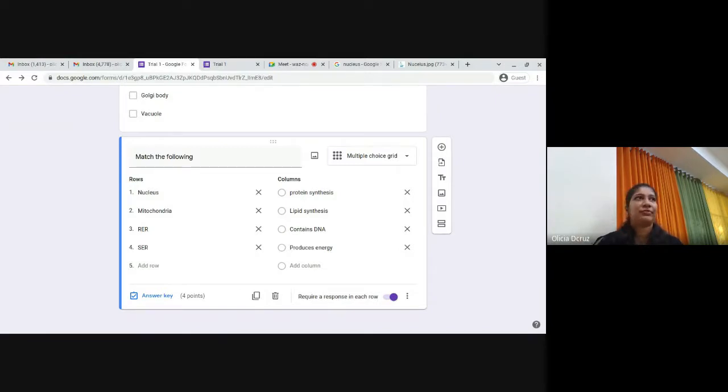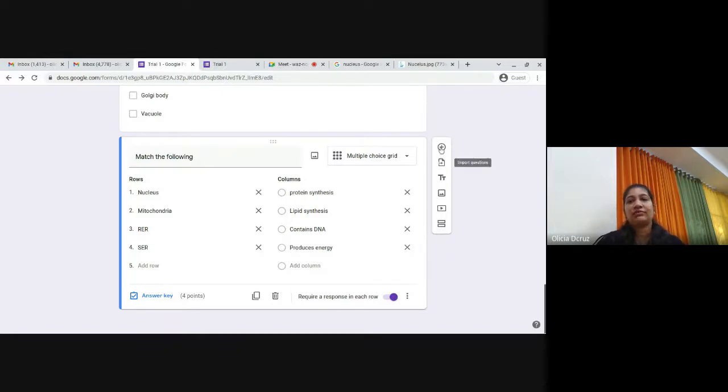For example, if my answer is ribosome and I have written the term as capital R and then ribosome, and the students are writing it in all small letters, or the students are writing it in all capital letters, it can take the answer wrong, so the students will get that particular answer wrong. So we need to be careful with that.